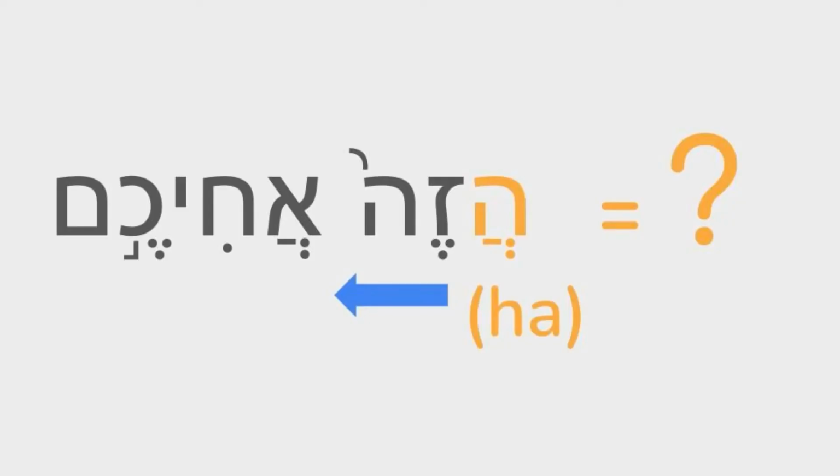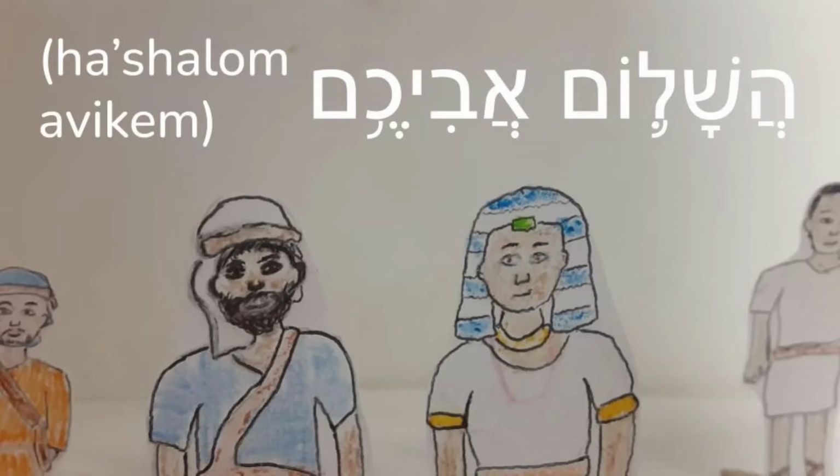Of course, not every question has one of these question words. In these types of questions, Hebrew puts a letter hey, which says ha, at the very beginning of the question, instead of at the end, as with question marks in English. But since Hebrew is read from right to left, this letter hey that asks the question is on the right side. Let's look at a couple of examples in today's story.